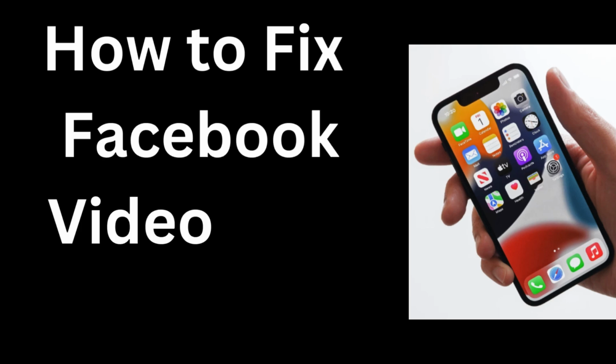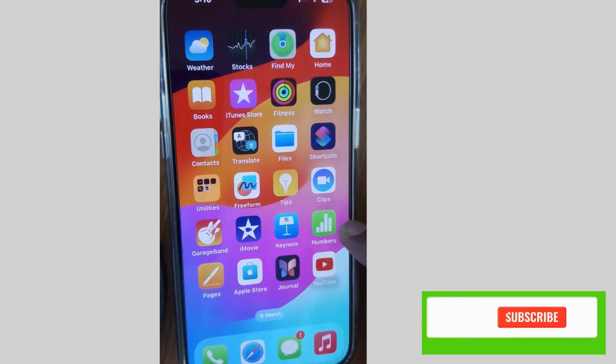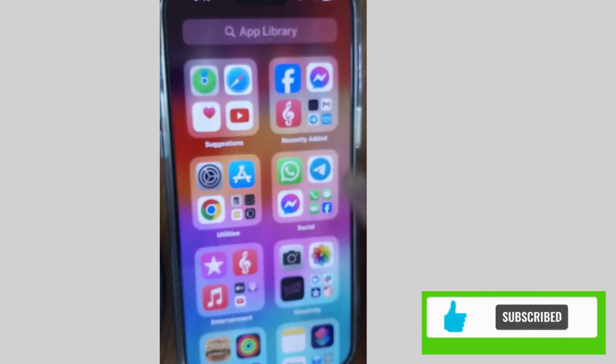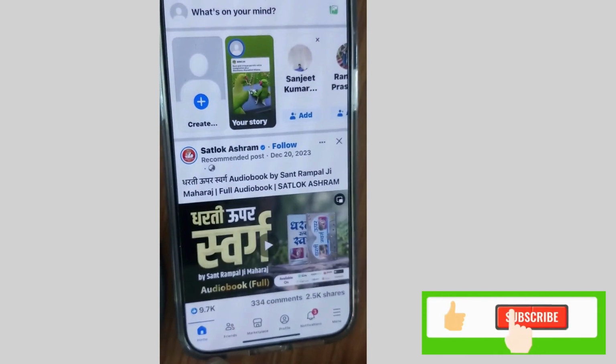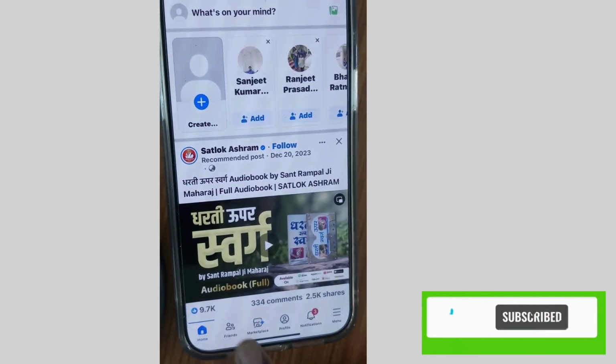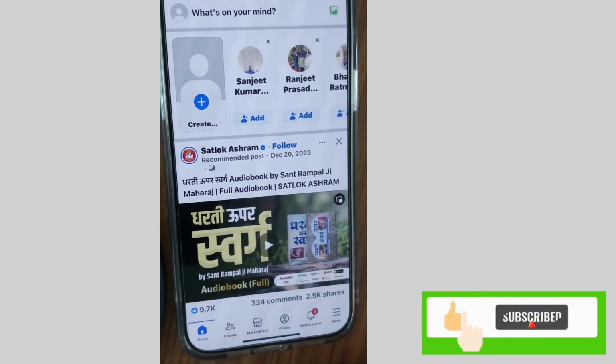How to fix a Facebook video icon missing from your Facebook taskbar. Enable this page first, launch Facebook on your iPhone, and here from the bottom menu bar you can see the video